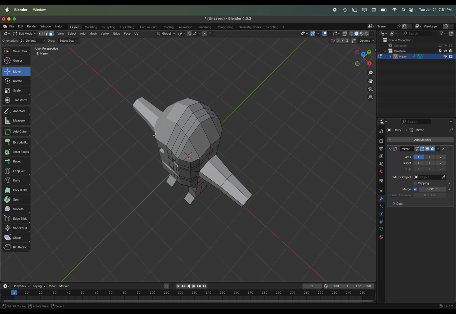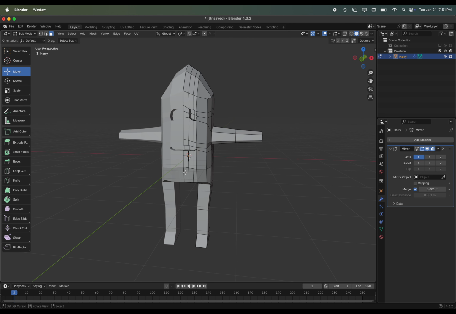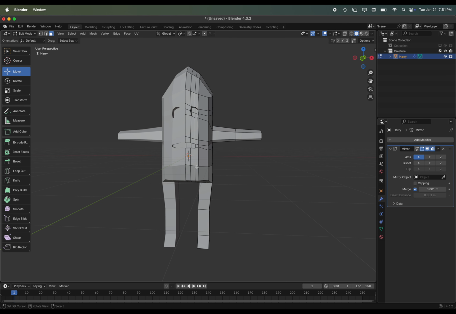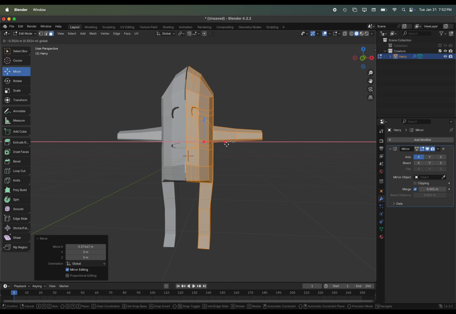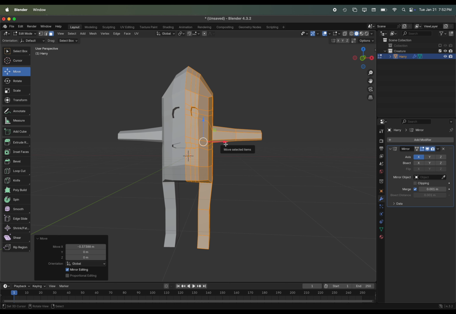Something else, sometimes you might end up with little gaps in where the mirror is. So I'm just going to select the mesh for a moment and pull it off to the side. Notice that the mirror is based on the origin of the object. So the closer this gets to the origin, the more the gap fills in.